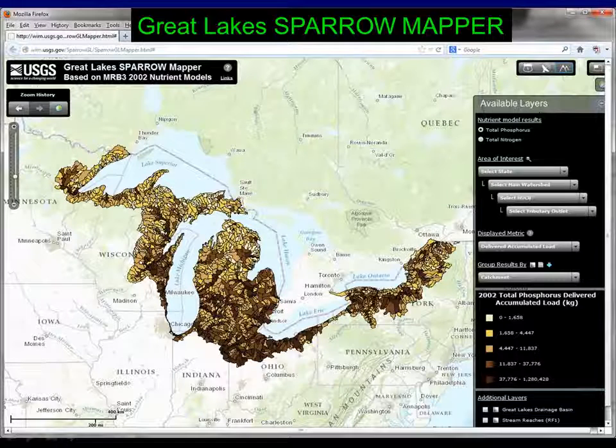One of the things that I feel uncomfortable about is whether I'm taking SPARROW and going too small, or whether somebody's taking a very small scale model and going too big. Right now, I've seen people use SWAT for the whole Mississippi River Basin. And if you look at that, the only way they can get all the inputs is they start to make assumptions like fertilizer is applied on June 21st, well, that'd be pretty late, May 21st, for this huge area.